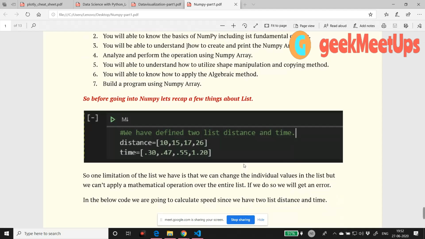The main agenda that I discussed in the class is that suppose you have a list and an array, and you want to perform certain mathematical operations like addition, subtraction, or whatever operation you want. Then you are not able to perform that mathematical operation on top of that list or array,